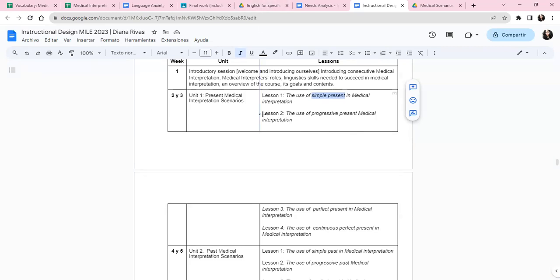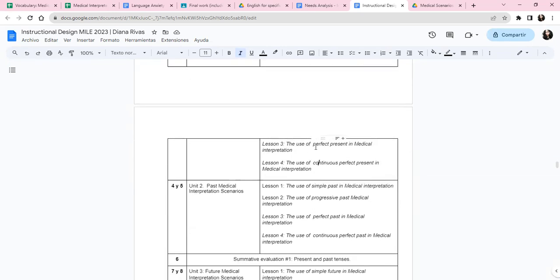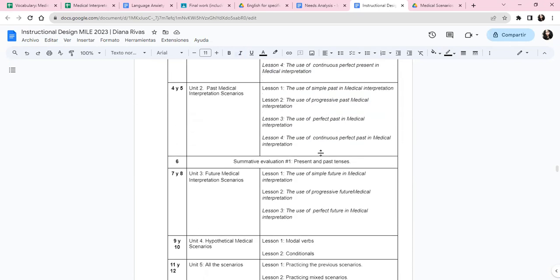And that's what we're gonna do with the following lessons. So lesson number 2 would be the use of progressive present in medical interpretation. Lesson number 3 would be the use of perfect present, and lesson number 4, continuous perfect present in medical interpretation. And that's how we will be dividing this course, as I said before, since we are focusing on grammar in